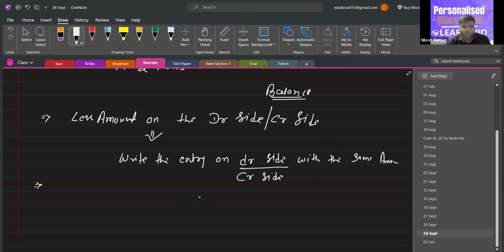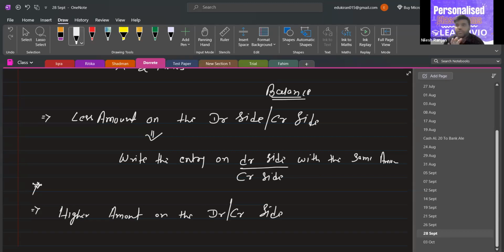Okay, sir. Now, what if we have written a higher amount? Higher amount on the debit or credit side? We will decrease it, sir. I mean, decrease in the cash book. No, we cannot decrease the balance. Okay. We cannot